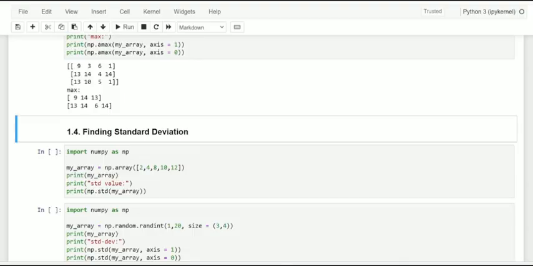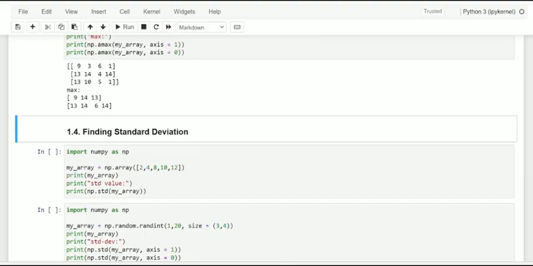That is, how data is spread out from the mean. A low standard deviation indicates that the data points tend to be close to the mean of the data set, while a high standard deviation indicates that the data points are spread out over a wide range of values.